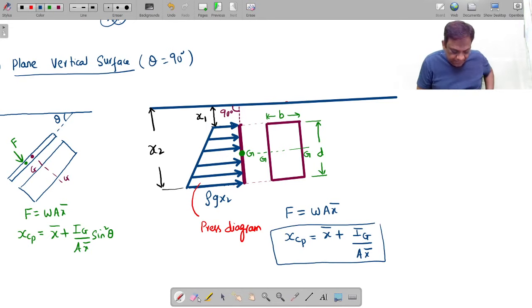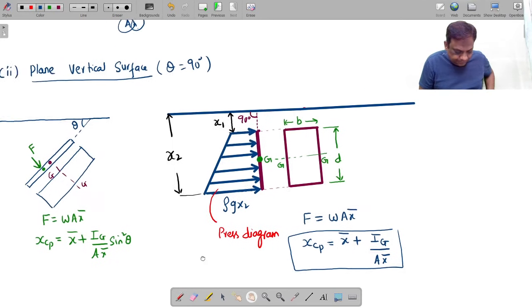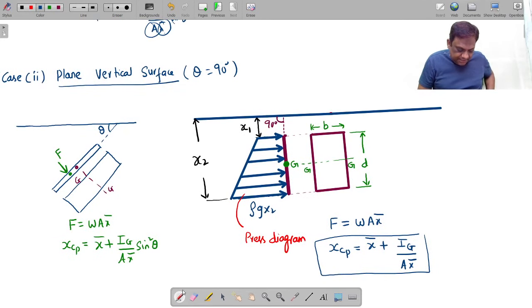But yahan suno, in this equation, can you tell what is IgG? It is the moment of inertia about GG which is parallel to O dash. मतलब इसमें IgG क्या था? What was IgG? It is about this axis. It will be B d cube by 12. This is B d cube by 12. But when I turn it through 90 degree,